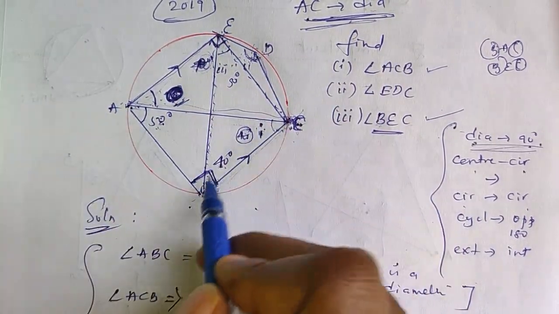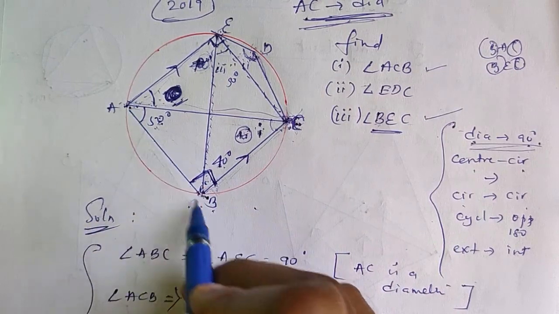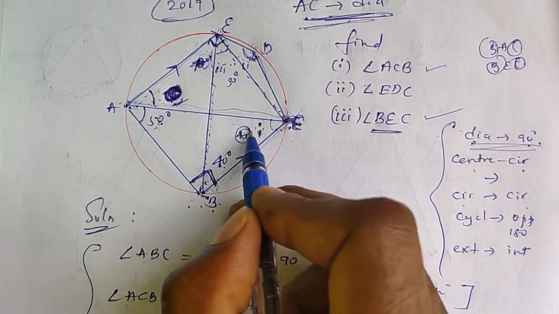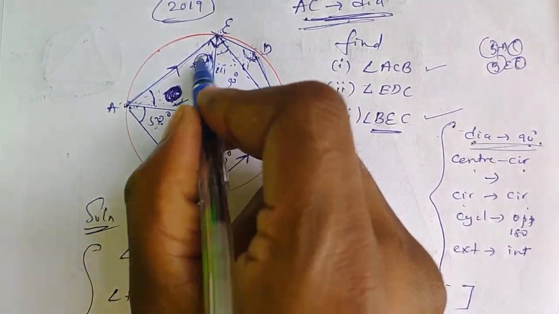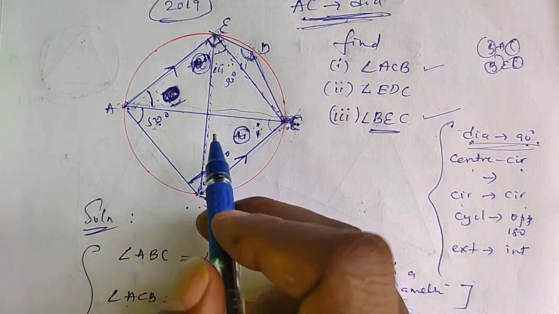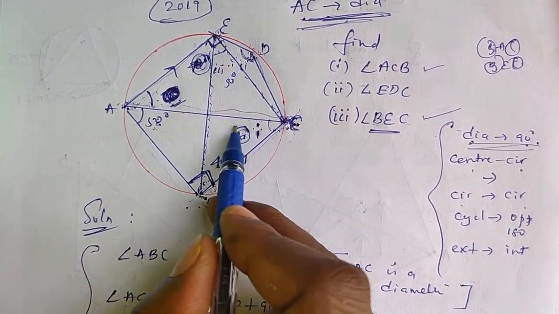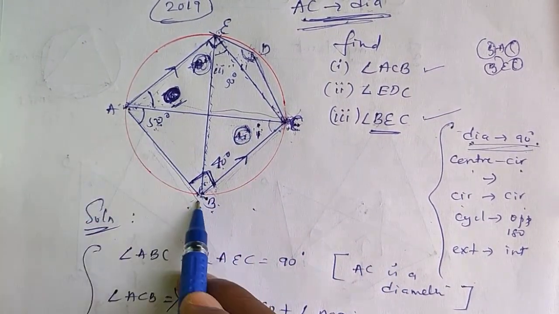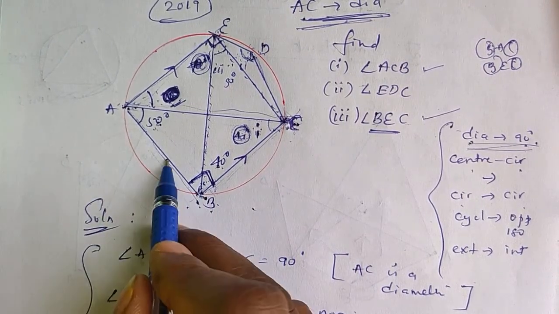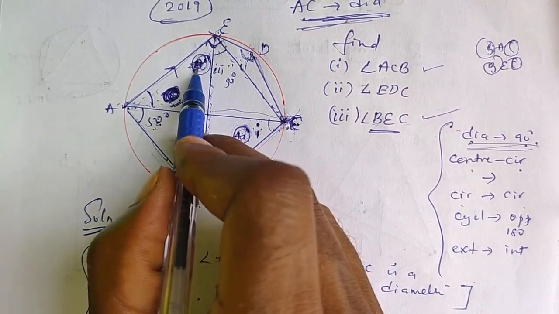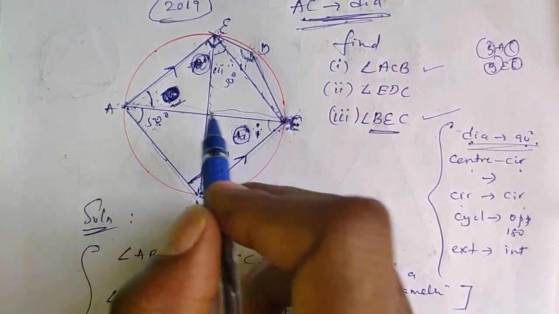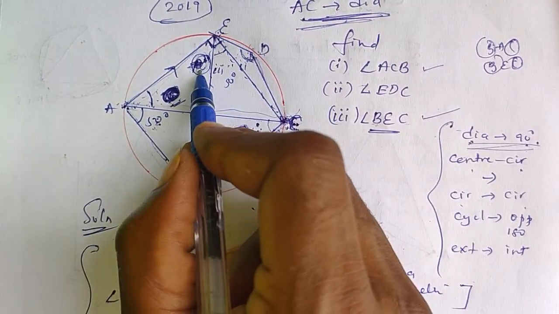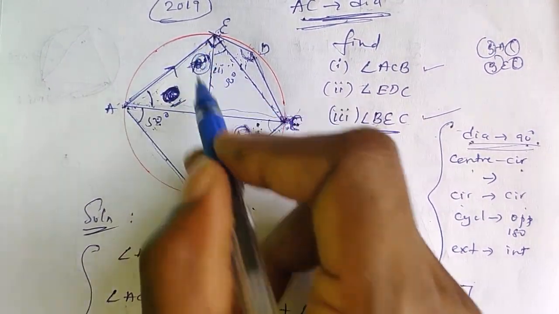So this ACB and AEB both are constructed from A end and B end. Therefore, once here 40 degree, here also we will get 40 degree. Got it? This 40 degree is constructed from the AB base. AB base is having here also 40, here also 40, because both are having the same base. Next, once here 40 degree, because these lines are parallel.